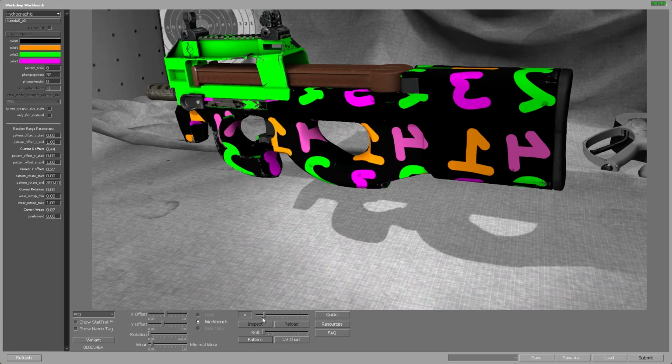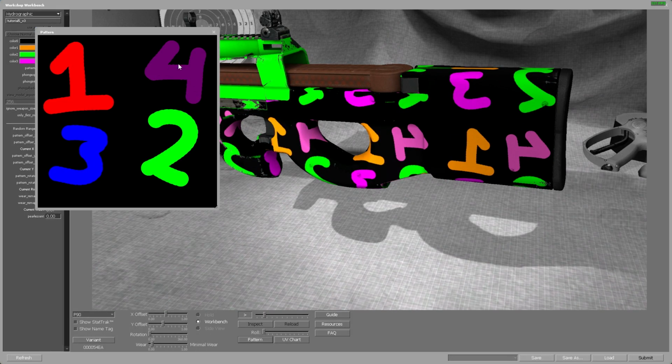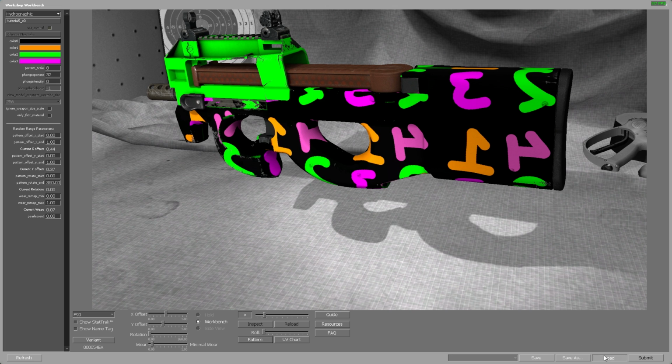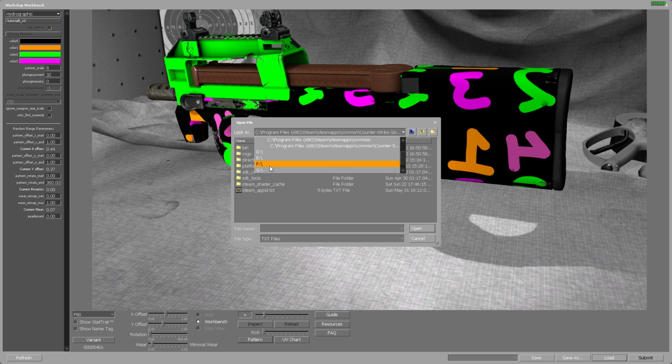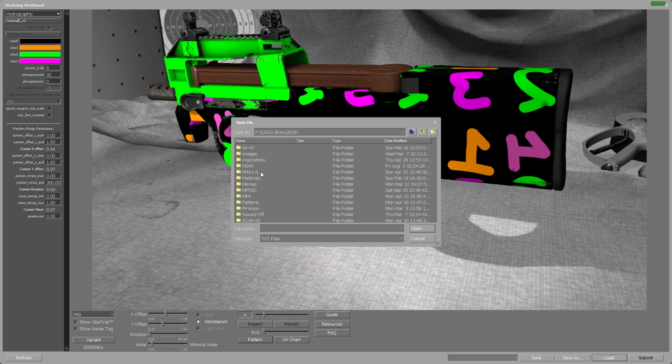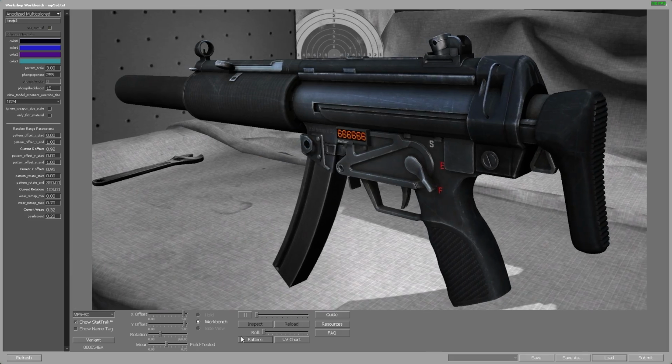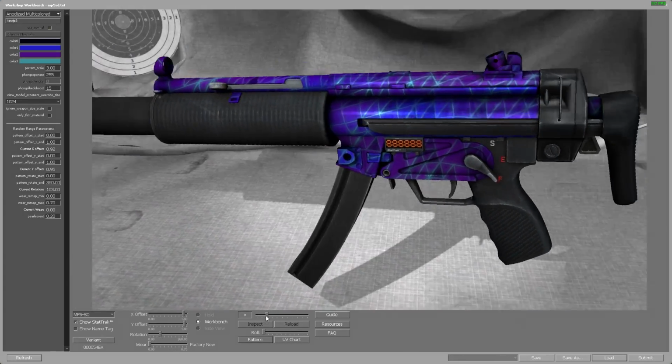We have created a very simple pattern right now with literally just no overlapping colors except for the 4, or like not a very difficult pattern, but what one can do, so I'll give you a quick example of what one can do here. Let's select here the MP5 of this. So as you can see, you can create more